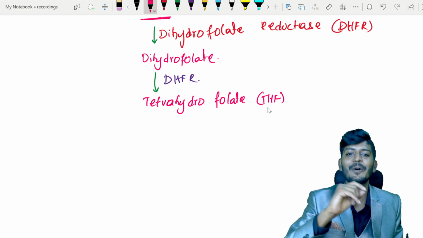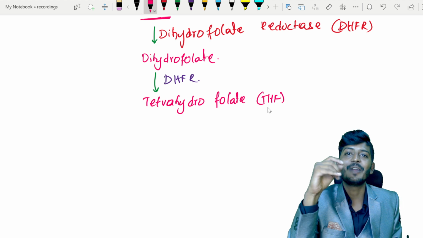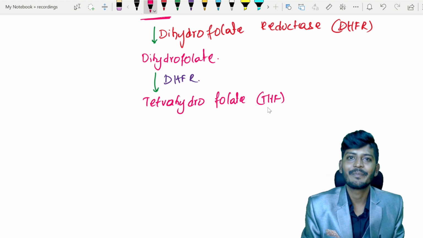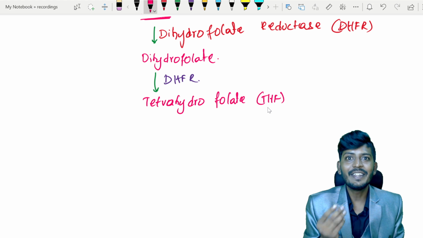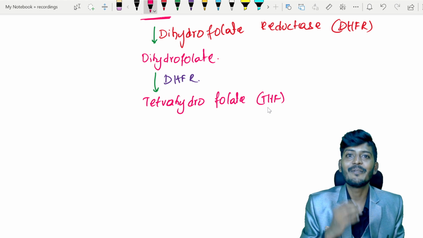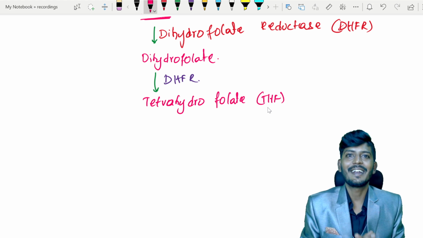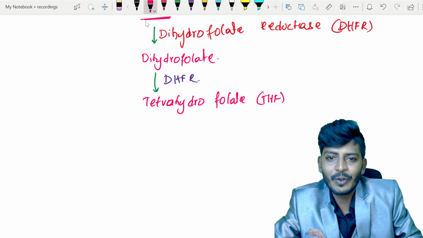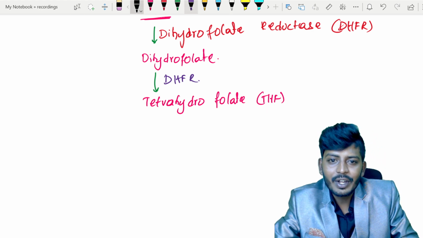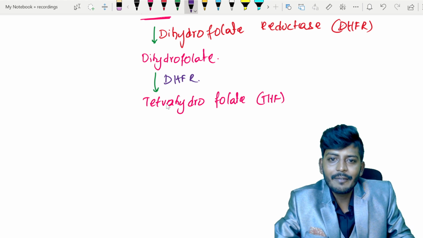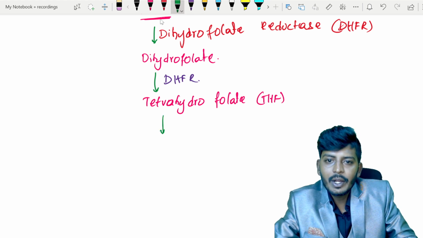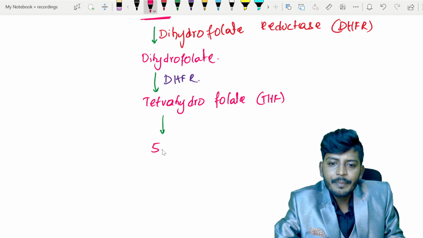What do I mean by this? Because that tetrahydrofolate, everyone will tell, yeah, it is involved in DNA synthesis. How is it involved? That's the first thing. How is it involved in purine synthesis, how is it involved in pyrimidine synthesis? So let's understand all of those, right? This tetrahydrofolate will get converted into something very interesting. What is that? It will get converted into something called 5,10